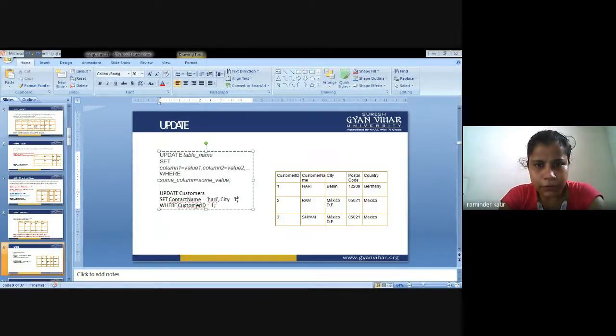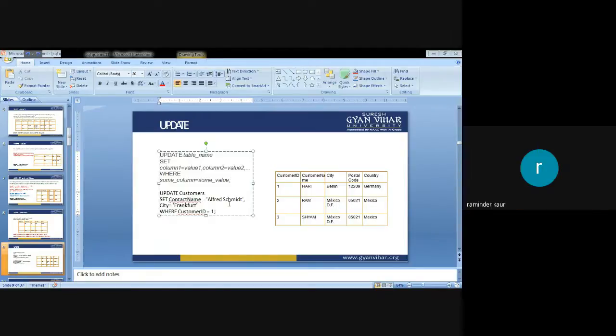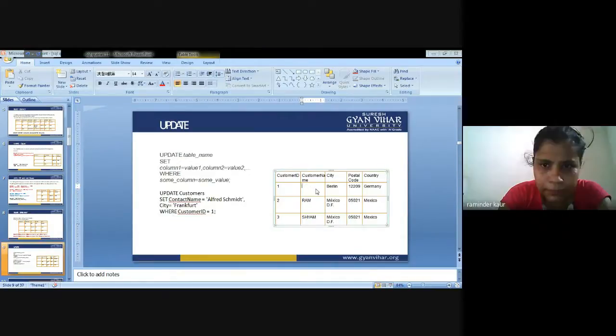Control Z. Okay, got it. Where customer ID is equal to 1. I am supposed to update the customer set contact name will be Alfred Schmidt. So it will be Alfred.